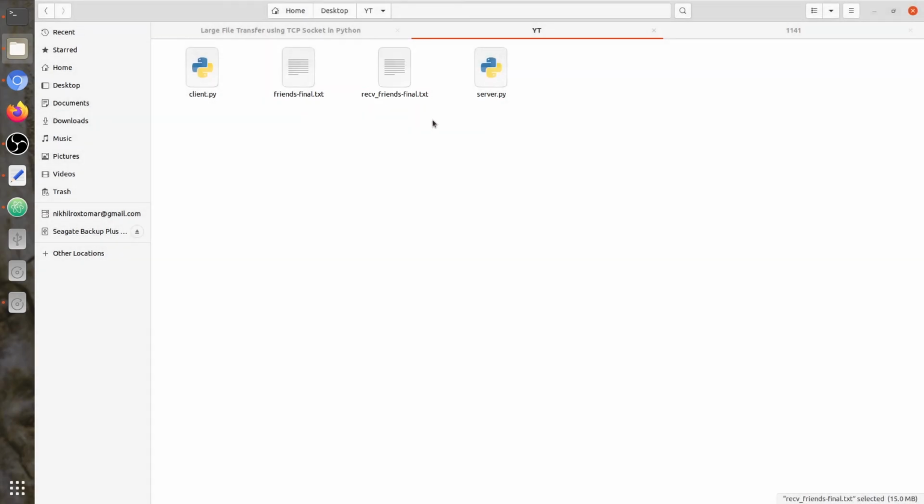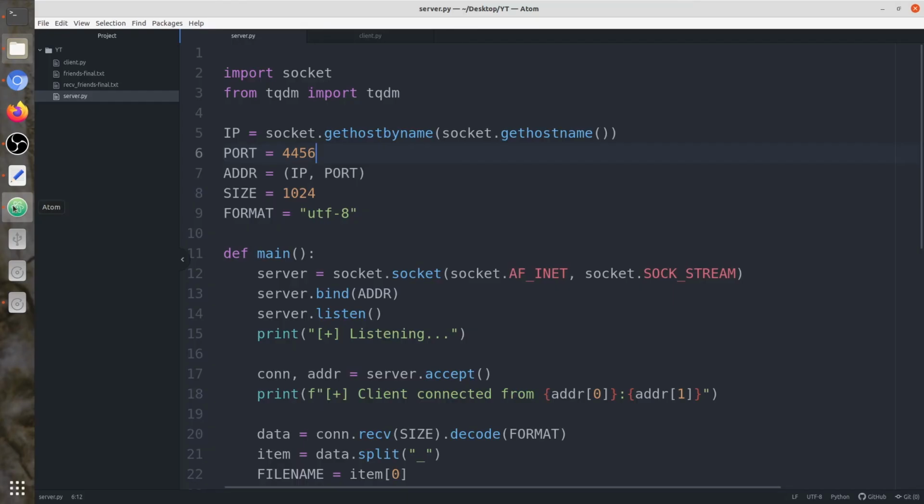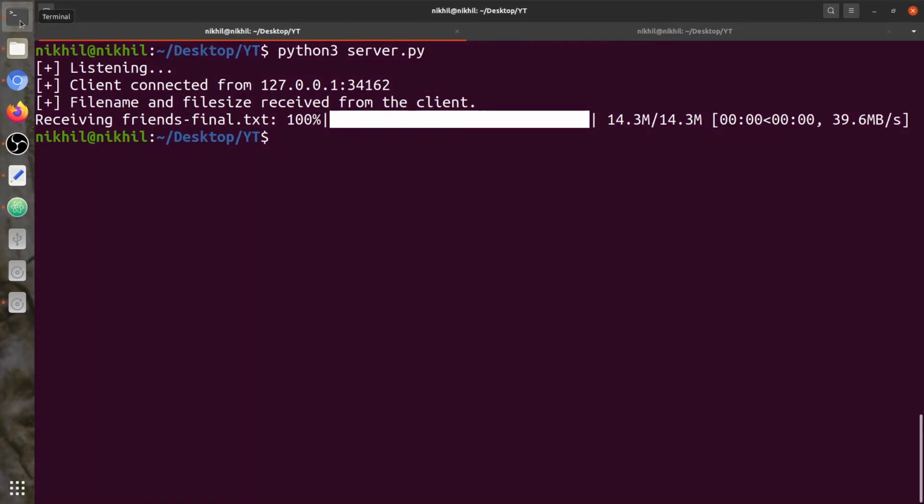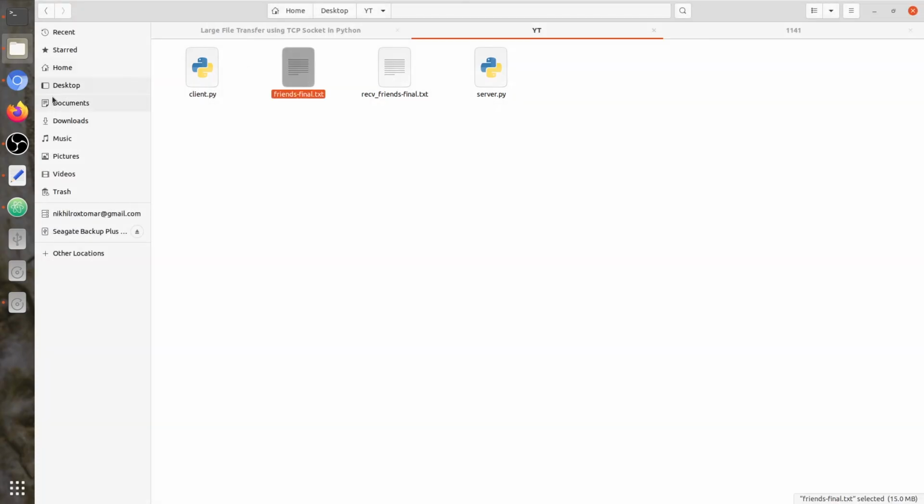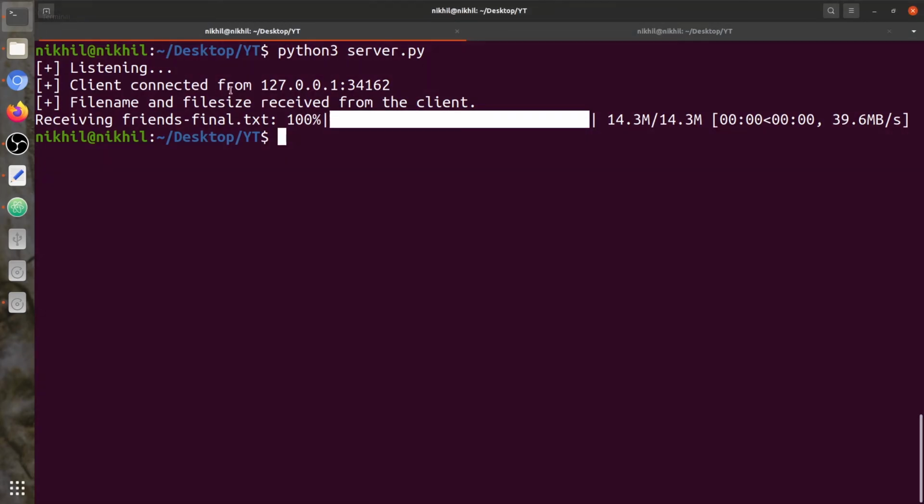So this is a complete transfer between the client and the server. Here's how you transfer a bigger size file. You can even use much bigger than this 15 MB. Here it is shown as 15 MB, but exactly it's 14.3 MB.